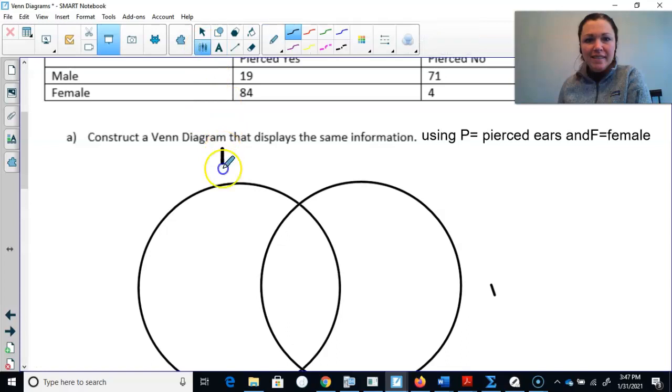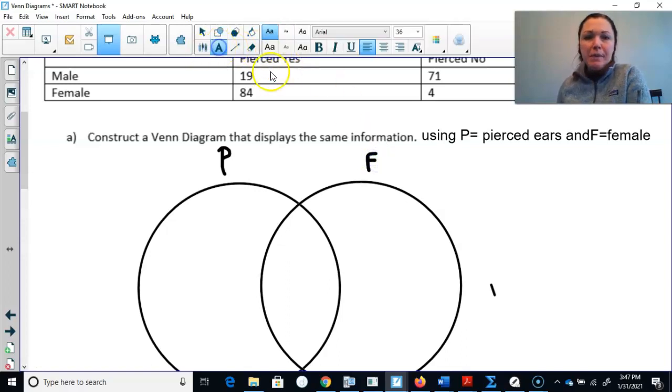Here's P for piercing. Here's F for female. Now, when you are doing a Venn diagram, the first place that you always want to start is